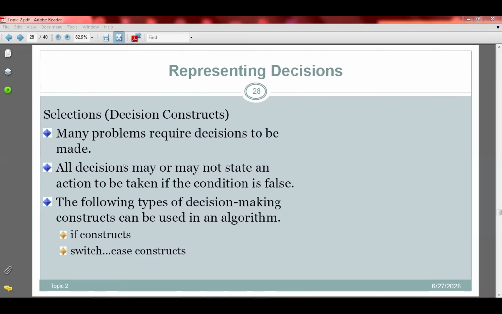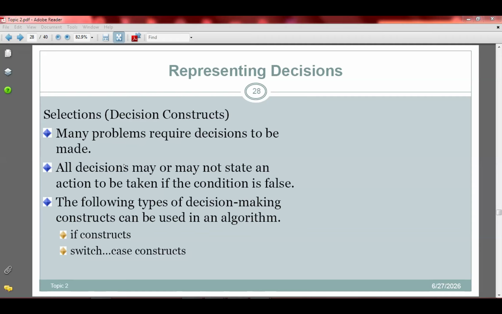We looked at the three categories of operators: the arithmetic operators, the logical operators and the relational operators. Now we ended up at representing decisions.